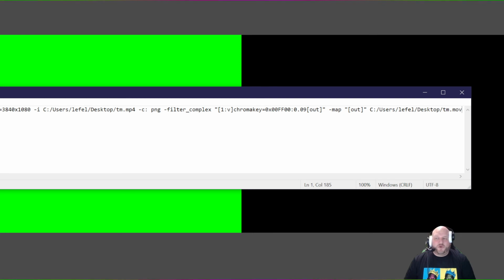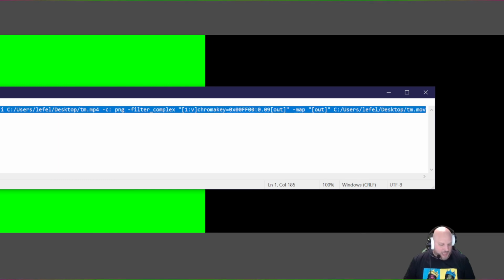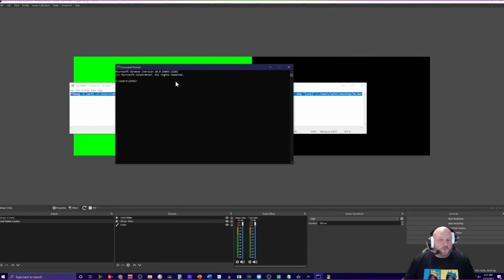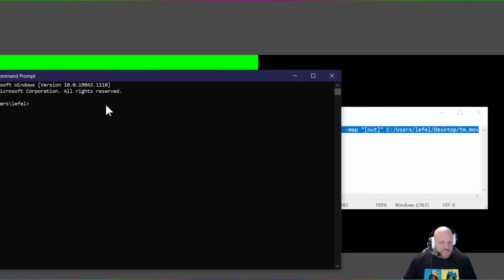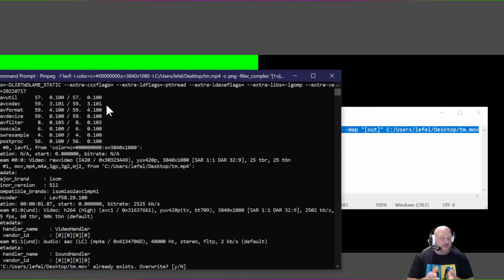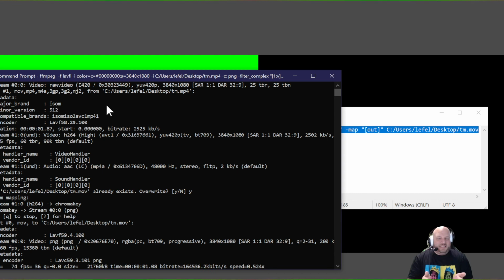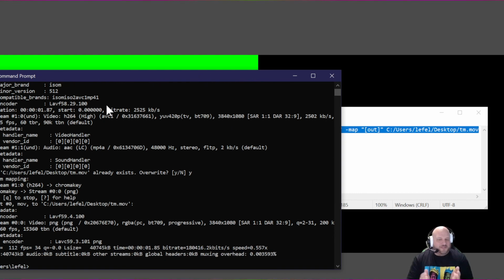And then your output is where do you want to output this file to. Name the path and the directory, and then we're going to say Control A. I'm going to copy this, and we're going to open up Command Prompt. So now that my Command Prompt is open, all you got to do is paste it in here, Control V, and hit Enter. Now, I already have this file. It's going to ask me if I want to overwrite it. I'm going to say yes, Enter, and bliggity splat,